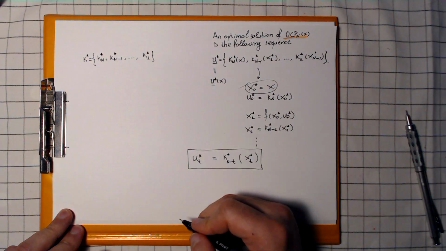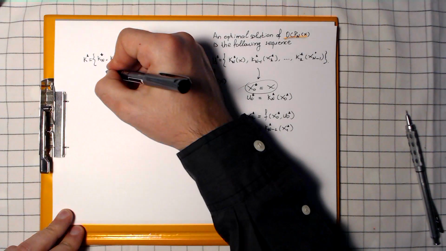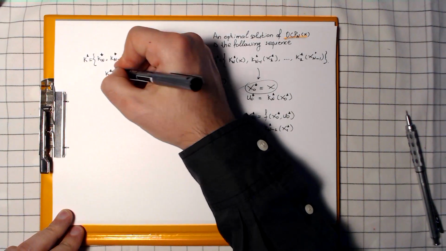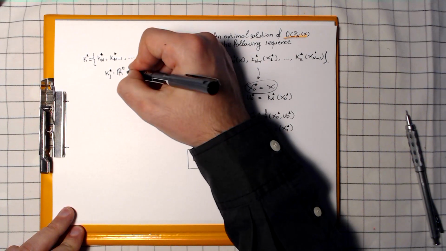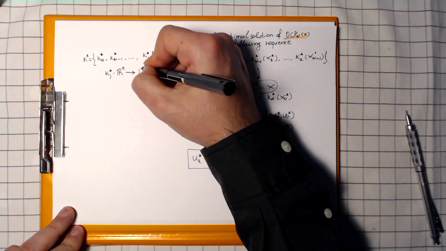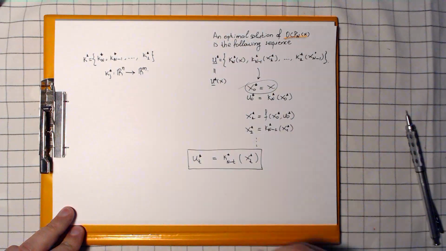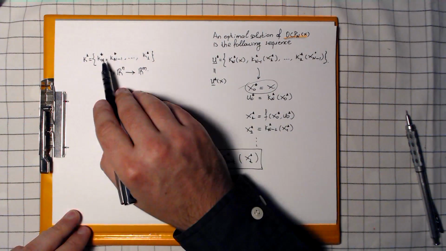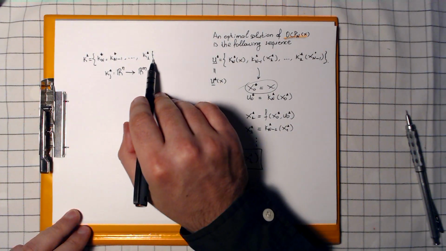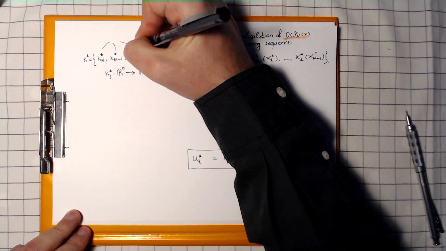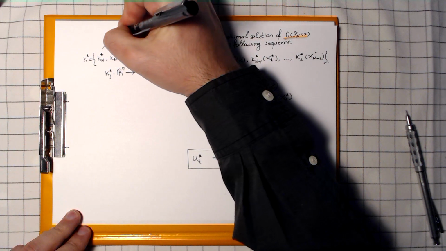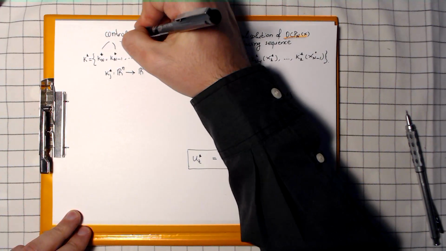And remember, all these things are functions. What functions are these? Kappa j star is a function that takes a state from Rn and returns a control action. So if you consider the sequence of all control functions, all these are control laws,